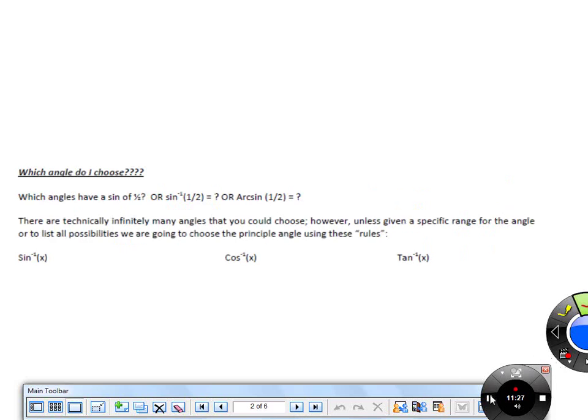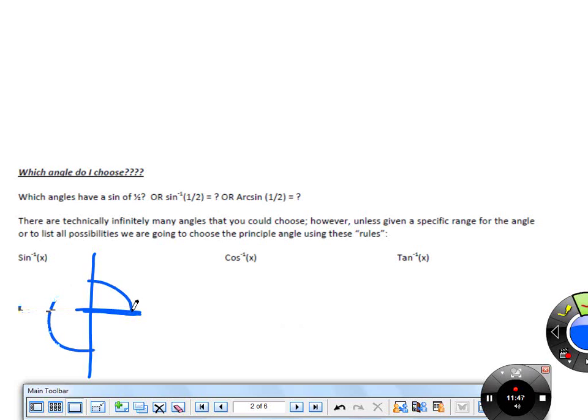Sorry, there's two comments. All right, so what we're going to do right here, and you have this exact thing on your note guide, is you're just going to remind yourself which angles you're going to pick. So why does the calculator only pick 30? Well, it's kind of dumb, because when they set this up, that's how they made the rules, so to speak, okay? But if we want to calculate it right, we have to understand those rules. So when you calculate the inverse sine of something,